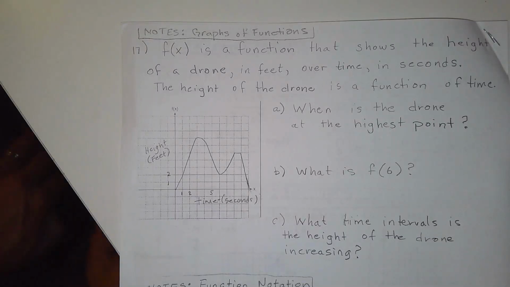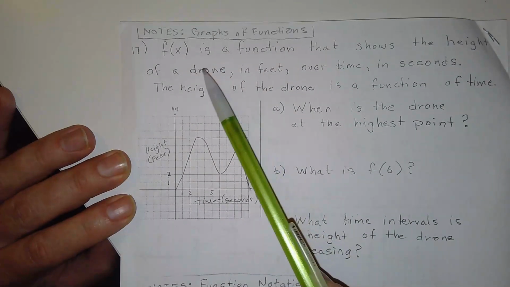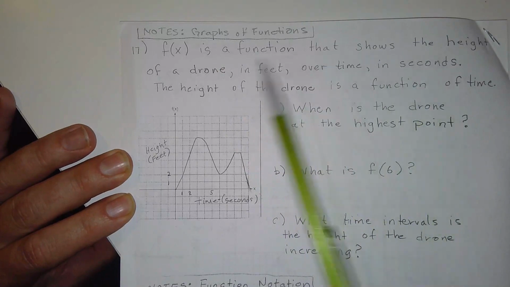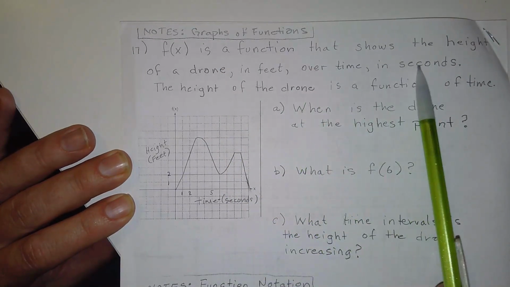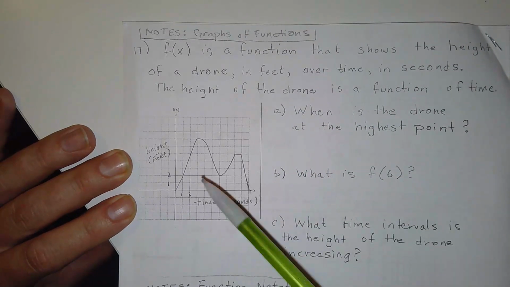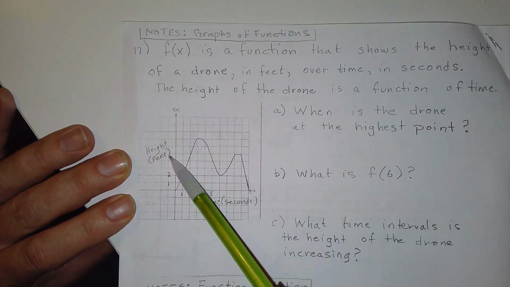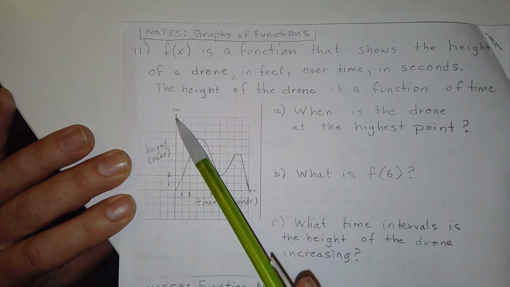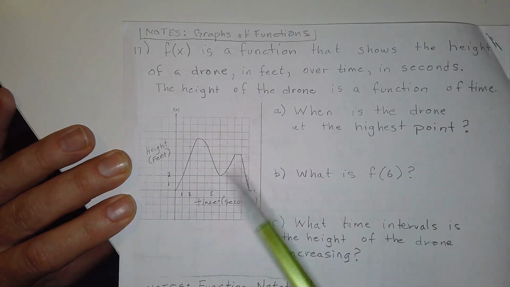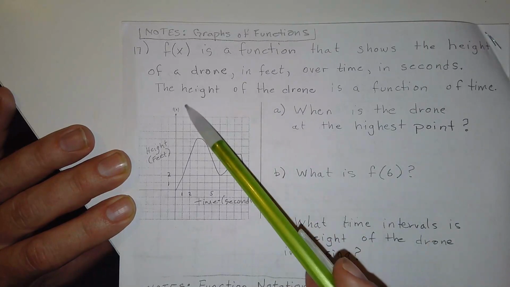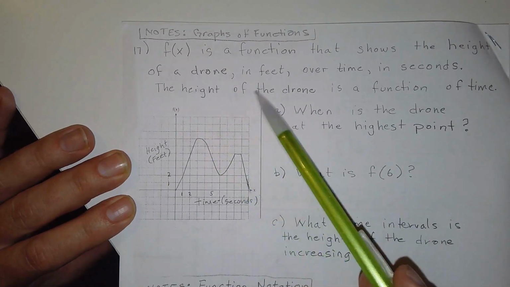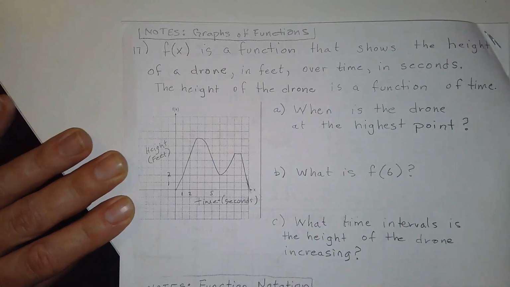Okay, question 17 is about reading a graph. And so what I have here, f of x, is a function that shows the height of a drone in feet over time in seconds. So if I look down here, I can see the height here on the y-axis and the time here on the x-axis. And the last piece here says the height of the drone is a function of time, which